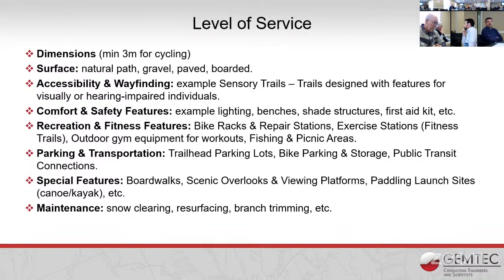And the level of service, also the maintenance needs, go hand in hand with the level of service, the maintenance requirement, whether we're clearing the snow, when or how frequently you would resurface, you would do the branch trimming, etc. That would definitely impact cost. Anything to do with level of service would have cost implications.